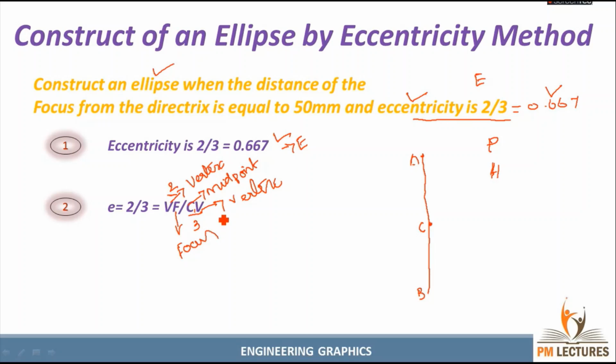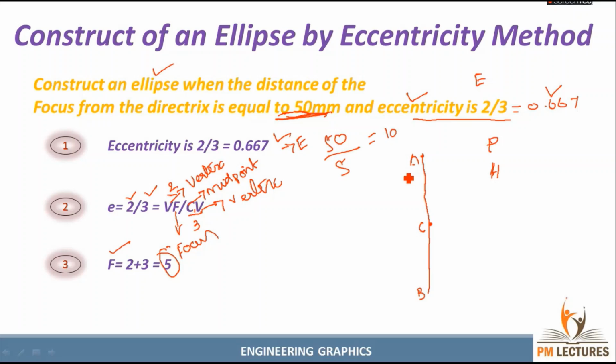Okay, so third step, you need to add the numerator and denominator values of E, and you get the value for F. Why are we showing F? Because this is the focus distance, which we already know from the question. The information is given here: it is 50 mm. We need to divide this 50 by the sum value. This will be helpful for us, I will tell you later. You get 10 mm.